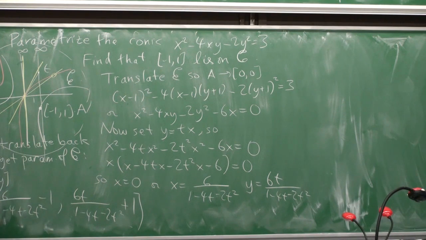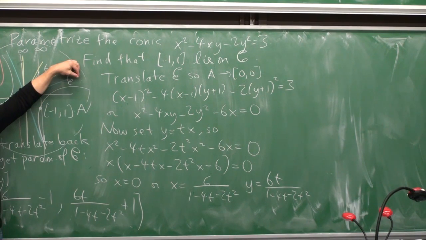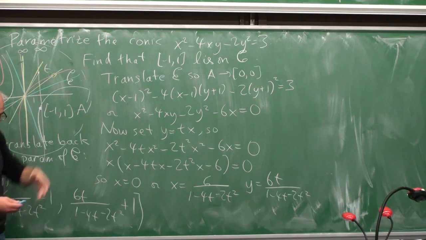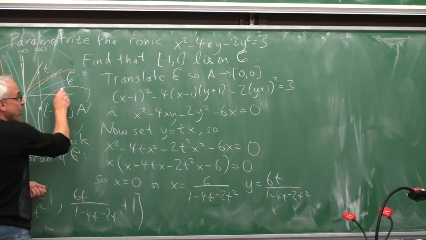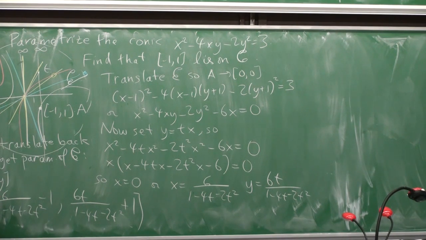Okay, this is a hyperbola, so it has asymptotes. It has 2 asymptotes like this. And as the conic gets further and further away, it gets closer and closer to these asymptotes. And where those asymptotes meet the line at infinity, that will be a point that the conic actually goes through. And there will be 2 such points, one for each asymptote.